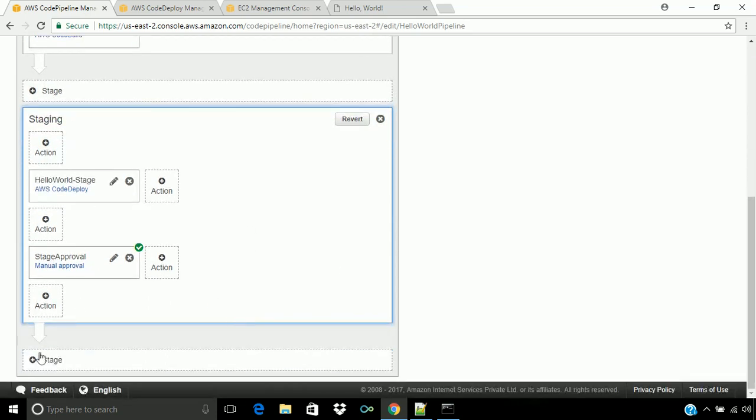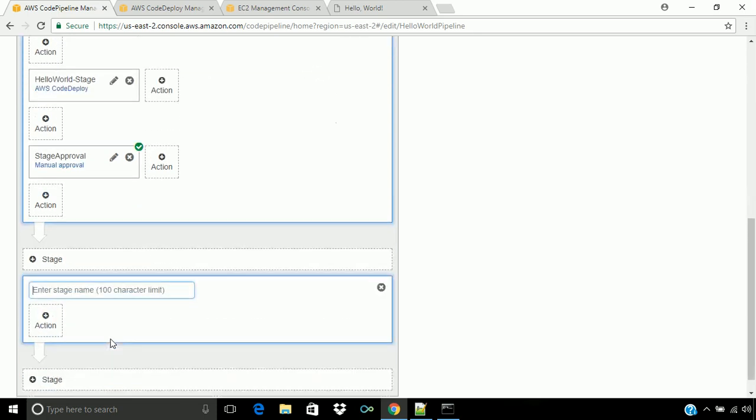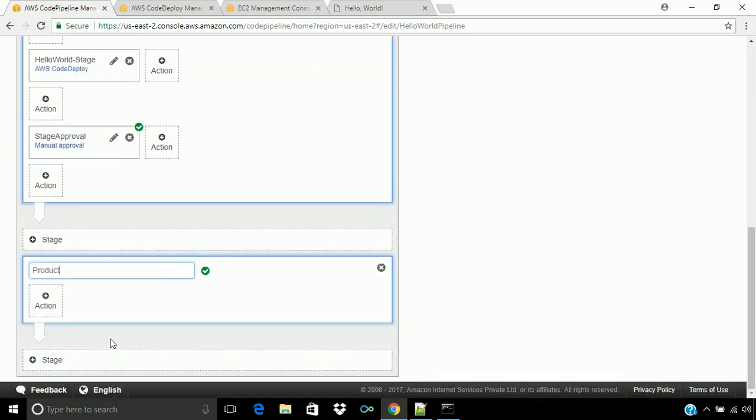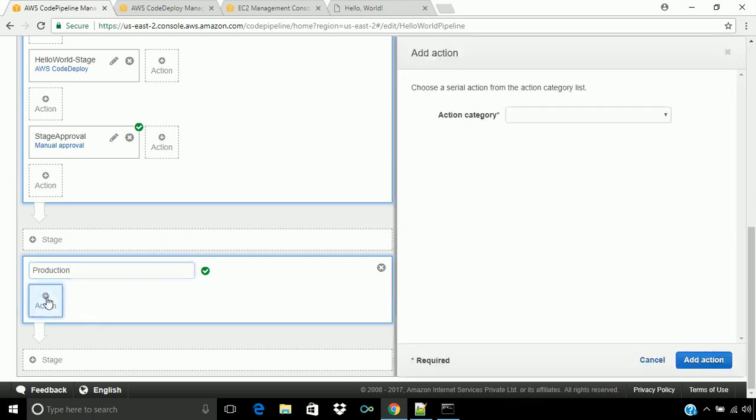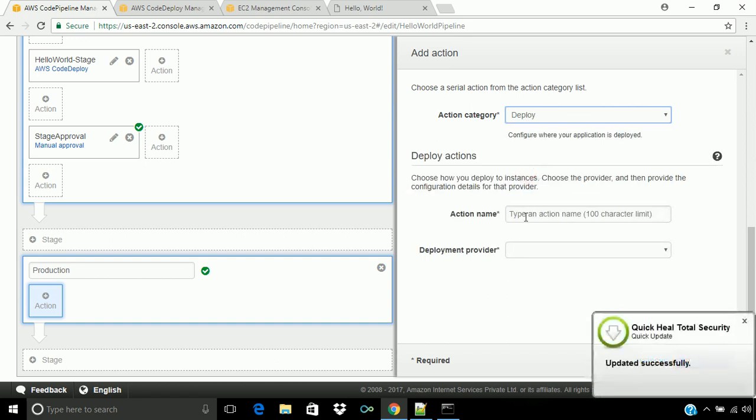Now we will add one more stage for our production. Let's add the stage name, that is production, and we will add one action that will be the deployment again. The action name will be deploying to production instance.